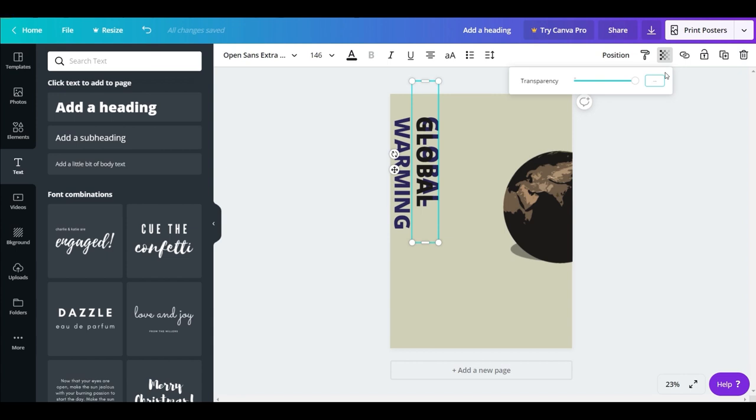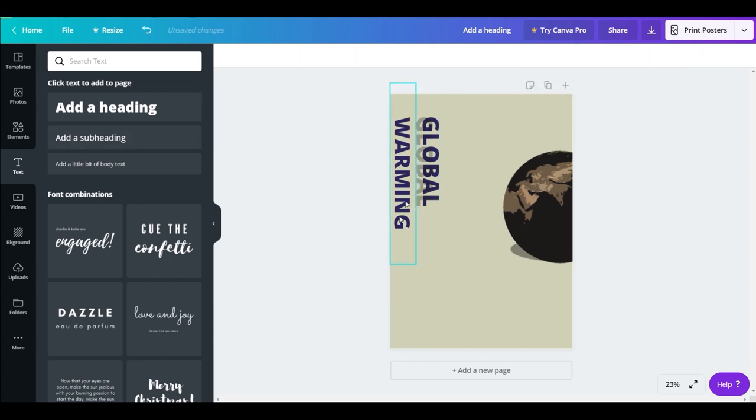The ideal shadow is something between 10 and 40. The combinations in these variations look great, which I have personally tested myself. So let's give it 30 and see what happens. Now a shadow effect has been created. Very quickly, I will follow the same steps for the warming text as well.